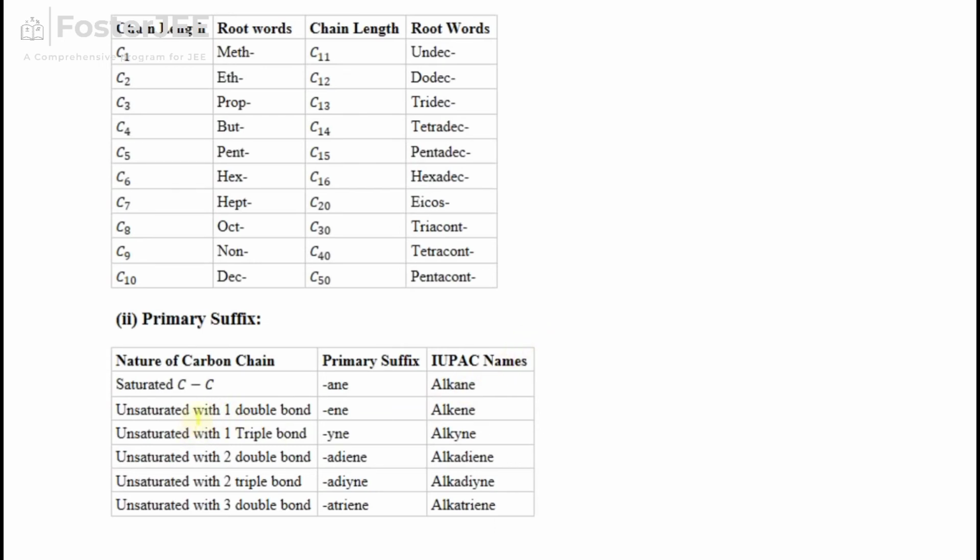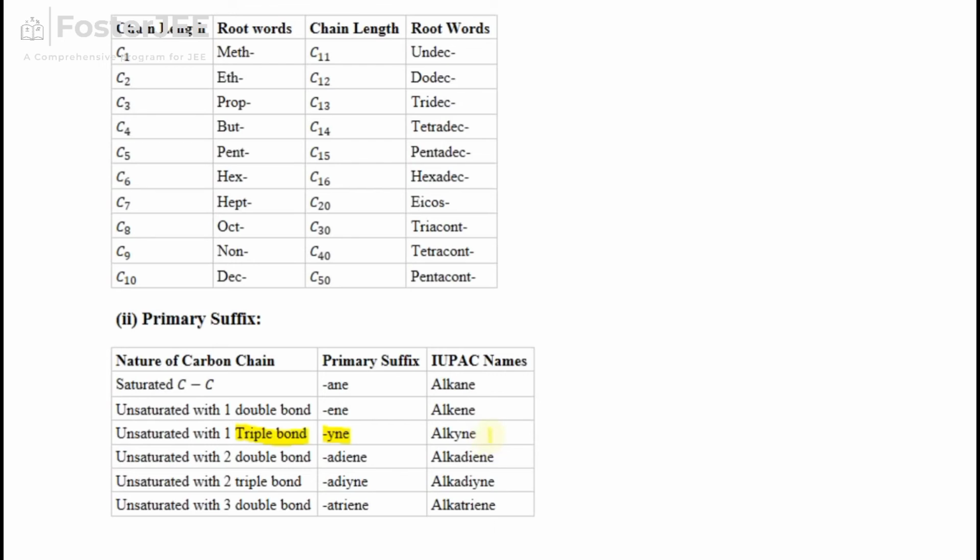Now if one double bond is present, then the suffix is ene, and the IUPAC name will be alkene, like ethene, propene, butene, and so on. If one triple bond is present, then the suffix will be yne and the IUPAC name will be alkyne. For example,